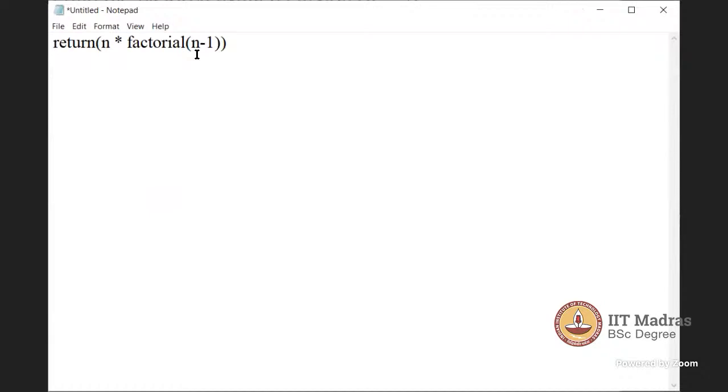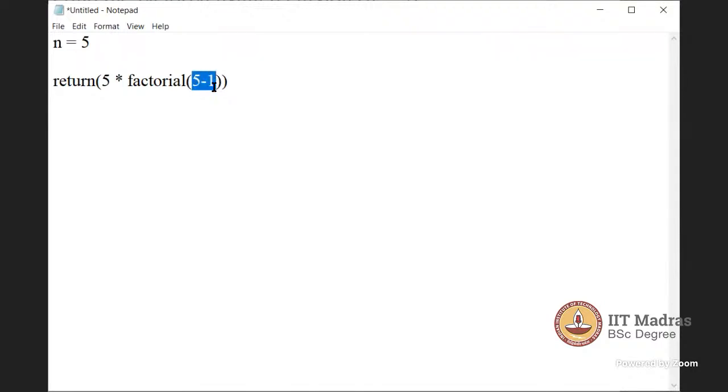Is this notepad visible? Yes, sir. So what happens? This is the line which you have written: n multiplied by factorial of n minus 1, right? Let's assume, as we just did, that n is 5. Because I said n minus 1, this same thing, whatever was there, got copied. Now, as I know this n is 5, I can replace it by 5. And now this also became factorial of 5 minus 1.